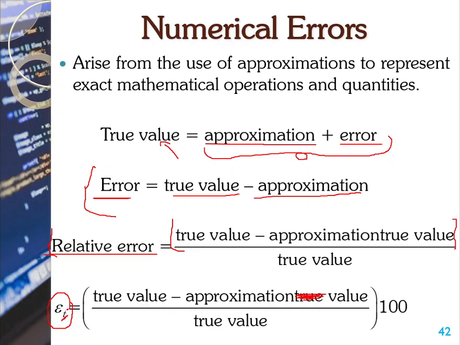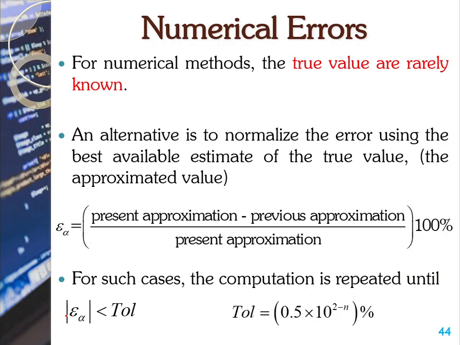So anytime we are estimating our errors based on the true value, we like to represent this error by error of t. However, when you come to the field of, let's say, engineering and science, the true value is rarely known, in the sense that if you already know the true value, why do we have to worry ourselves in determining an approximate value? So because this true value